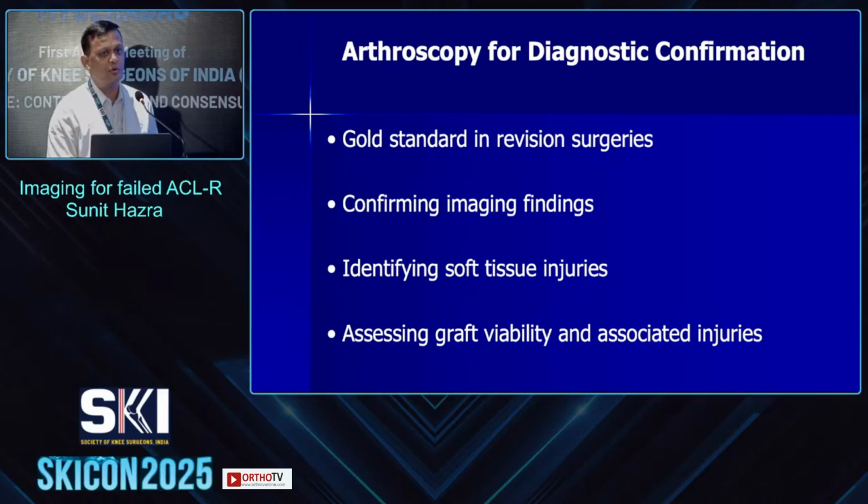arthroscopy is probably also one of the investigation parts of the revision surgery, because it is probably the gold standard in revision surgery. For the primary also, we tend to do the diagnostic arthroscopy, then proceed for the surgery, and it becomes more important in revision surgery. So I think this diagnostic arthroscopy confirms your imaging findings, and it identifies the soft tissue